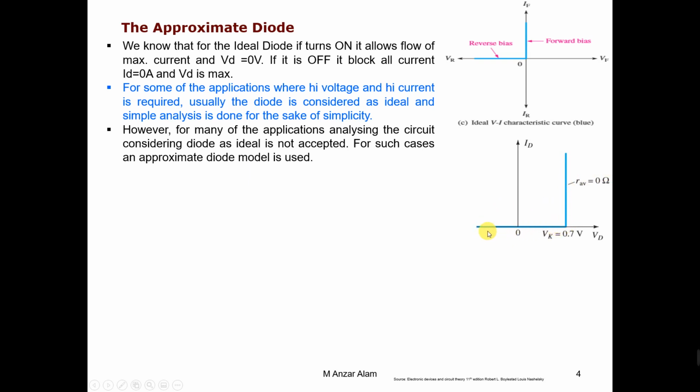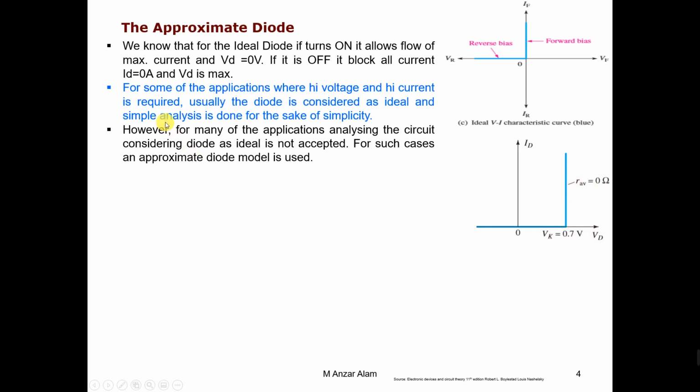We can see the diode current is 0. So this is the approximate model. It looks like the approximate model and the ideal model are almost the same. Yes, that is true, but it includes the barrier voltage in the circuit. And this is the 0 ohm. So for the approximate model, the 0.7 is the threshold voltage. We have to take this voltage into consideration during the calculation, and we can also assume here the diode resistance